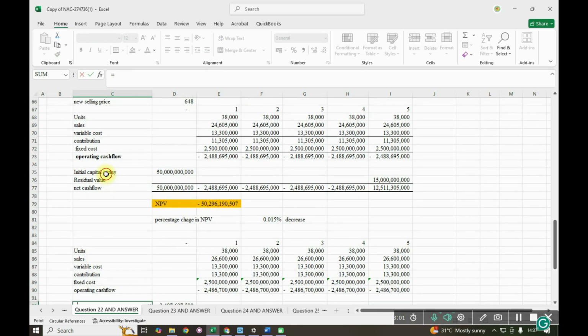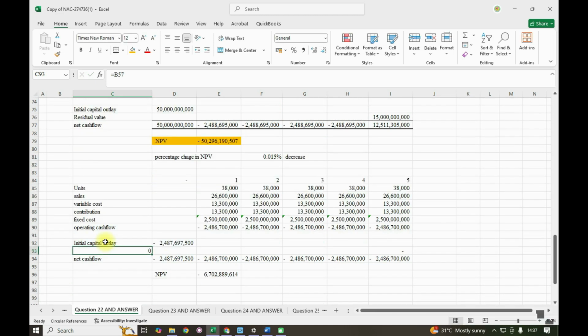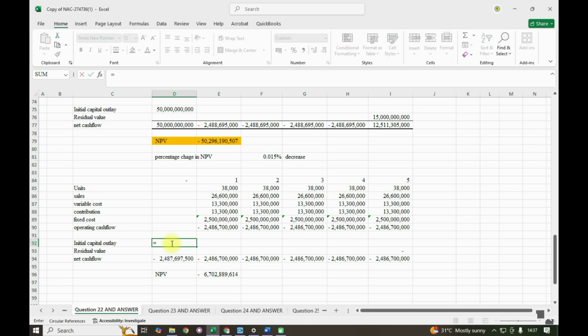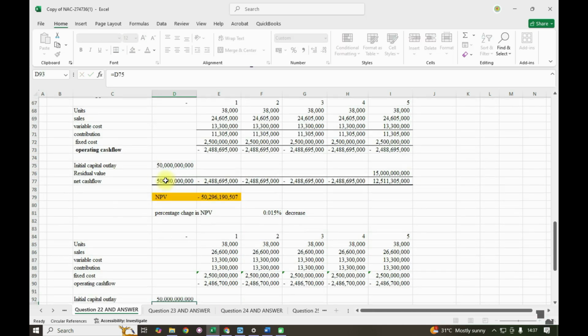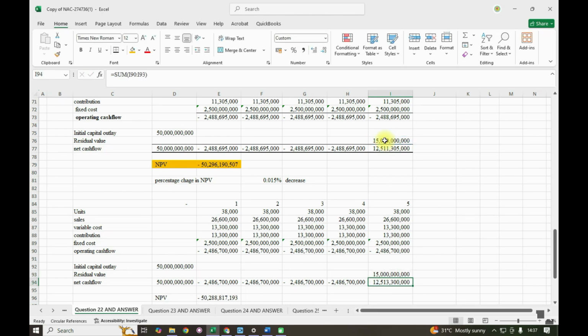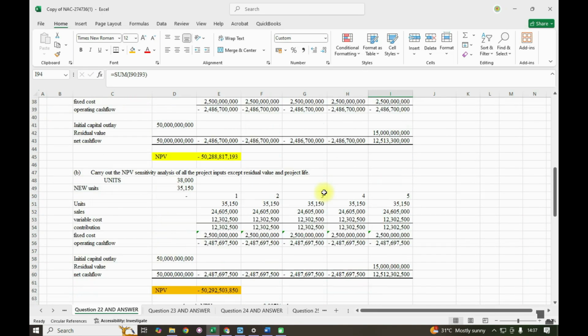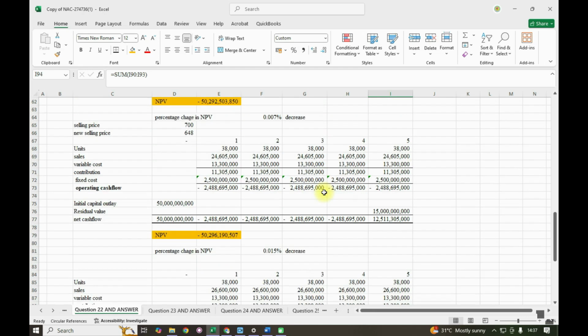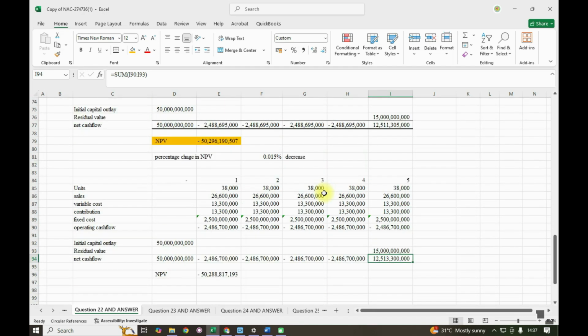So here we are having the initial outlay, and this one. So here we are having this, and here we are having the 15 that way. So that what we shall have now under this case, we are done with the units, we are done with